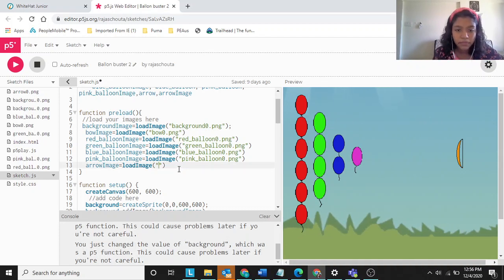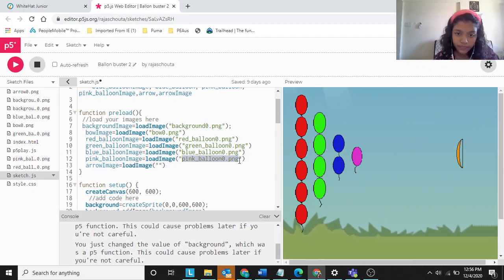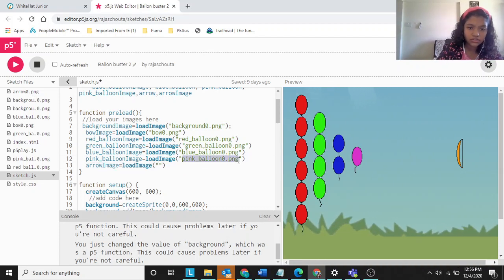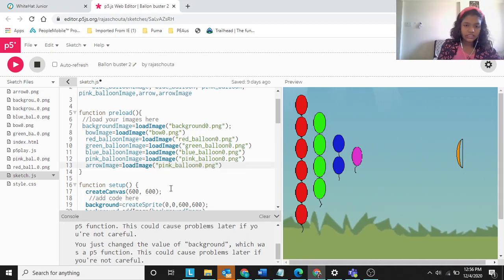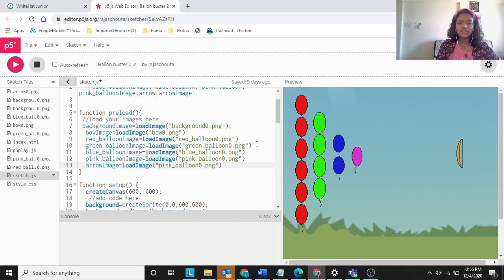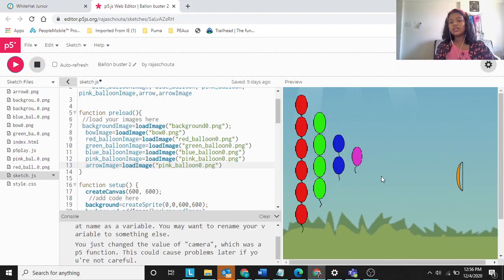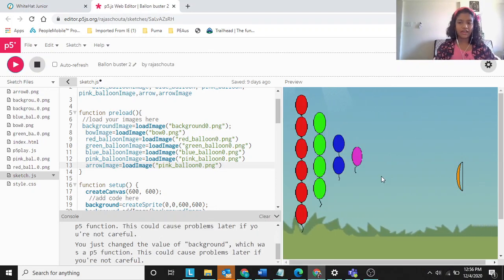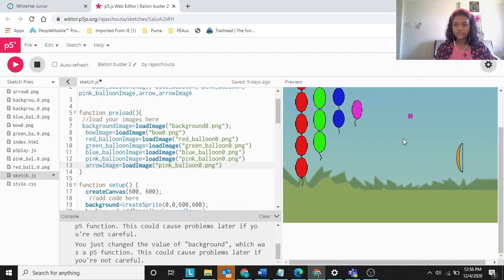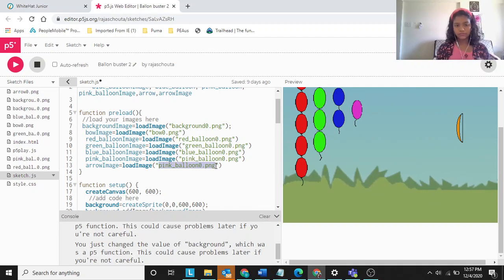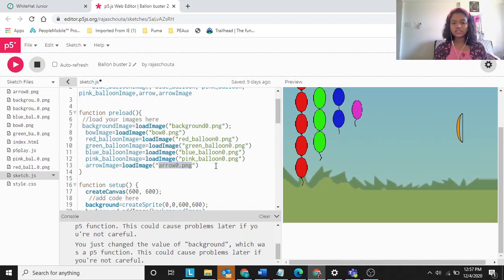If you copy and paste the png for a pink balloon, you'll see pink balloons shooting instead of arrows. I'm shooting pink balloons now. Whatever you write in this is the animation that will come on the screen.